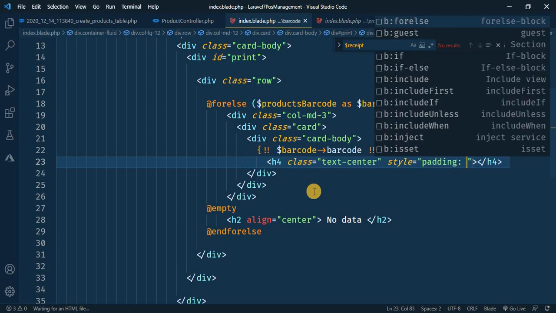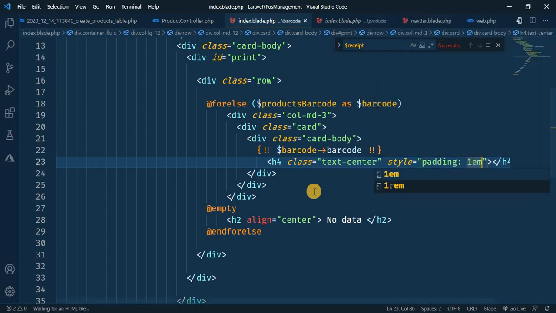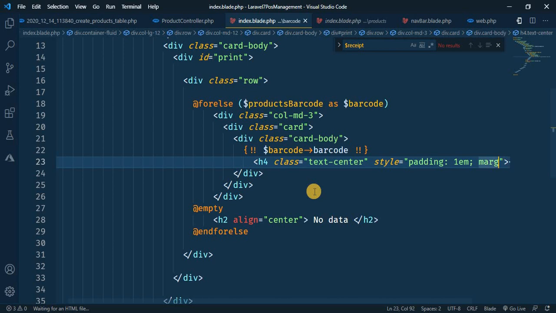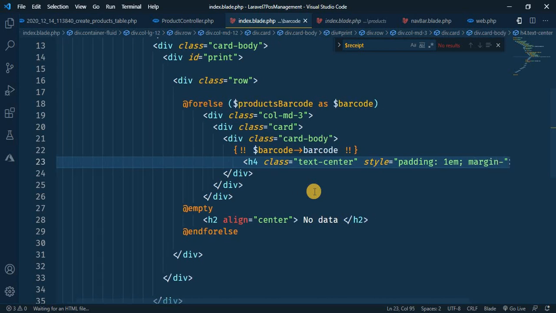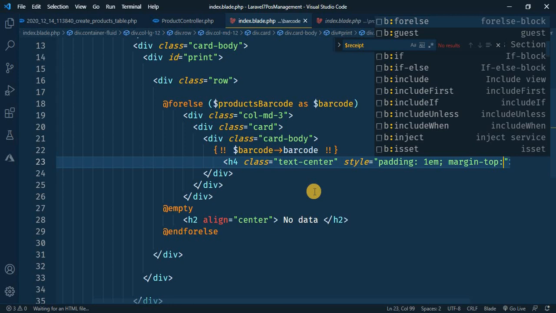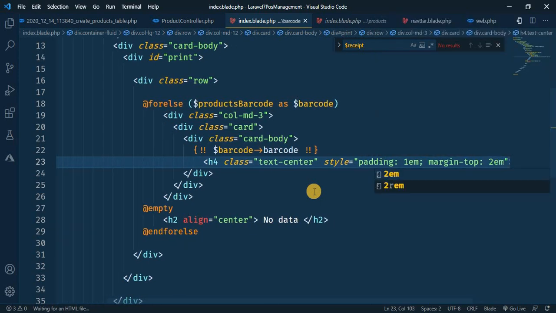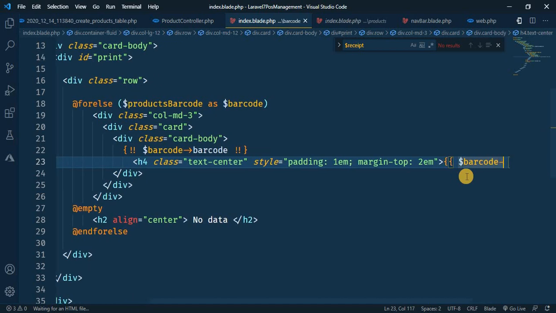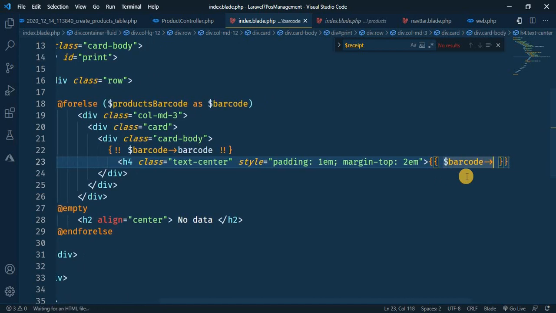Padding will be 1em, and the margin-top you can give it like 2em. So let's put our code here. We can just add a normal Laravel tag here, you can say barcode, pass with the product